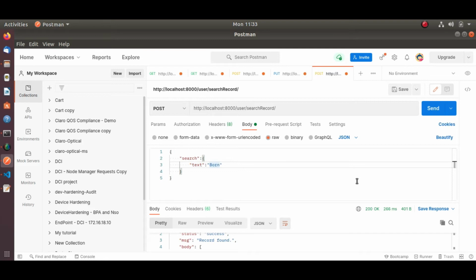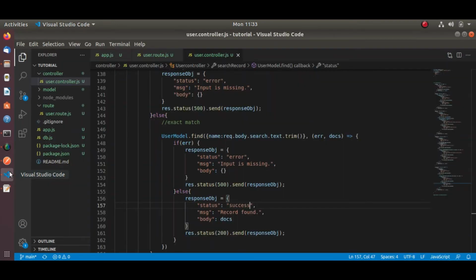Let's say I have to modify my code first. For that, we have to change our code a little bit. You have to use the regex. Like this, I am showing you how we can use regex with our MongoDB query.